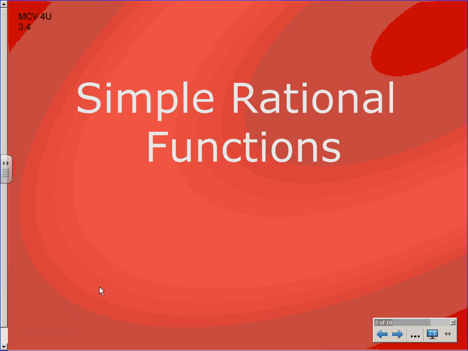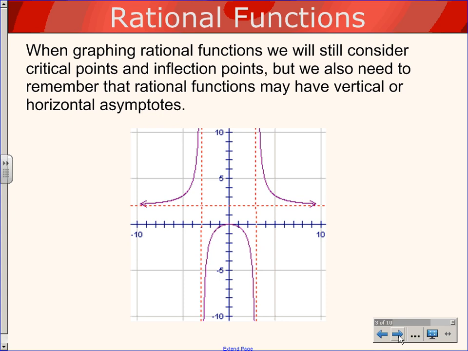All right, our topic today is looking at rational functions. Mostly all that we're doing is looking at asymptotes today. We have to consider vertical and horizontal asymptotes. So we've already done, from our curve sketching unit, critical points, inflection points and our intervals of increase and decrease. This is really the only thing left to talk about: end behaviors and asymptotic behaviors,